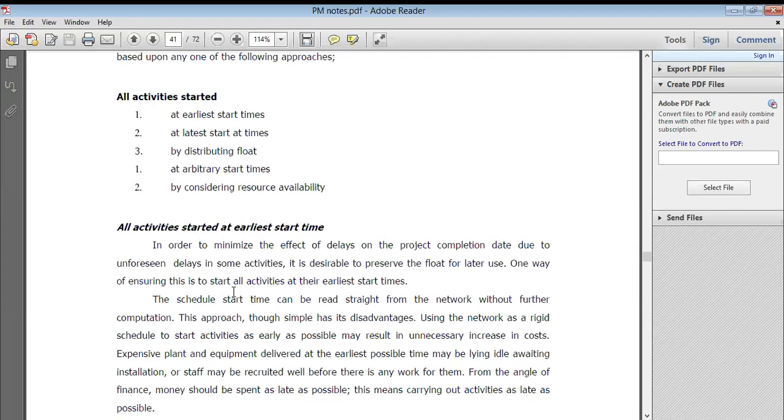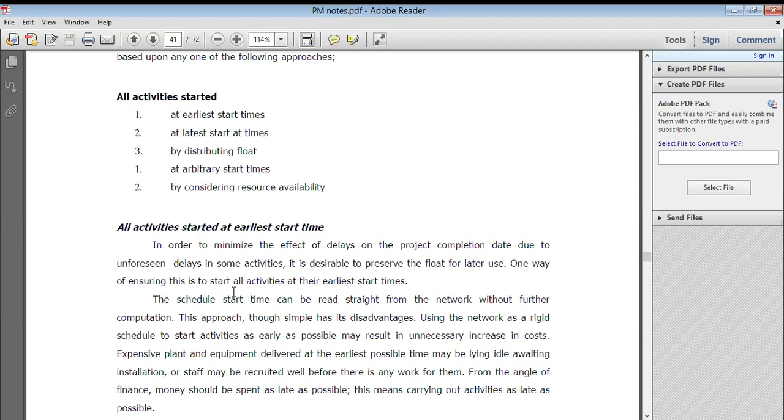Now what is it, all activities started at earliest start time. It's not possible that all activities start at the earliest. Some, for 4 groups, right? Everyone starts their work, so A starts earlier but B is not started earlier because B depends on A, right? If A takes 2 hours to do a job, then B will start only after 2 hours, it cannot work before that. Got it? So that is the activity, we mention the time of who will start earliest. After A is complete, B will do, after B is complete, C will do. So all times, all activities, they just mention on that chart.